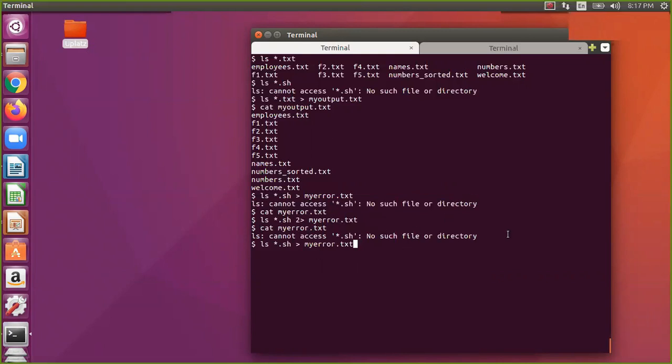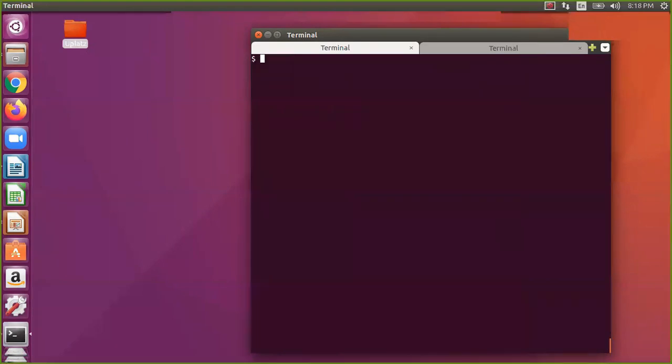Okay, now let us see that one as well. Let us assume I take my output.txt and remove it. We already saw that greater than my output.txt will redirect the output. But now if we say 1 greater than, will it work?